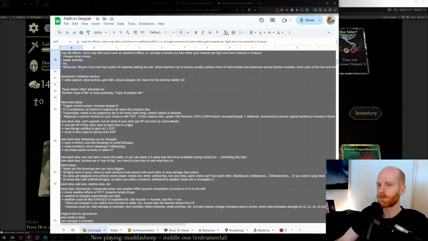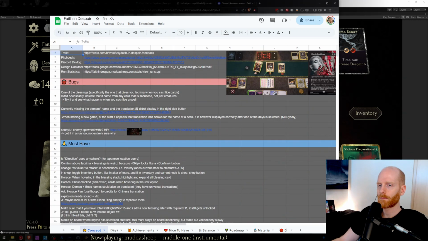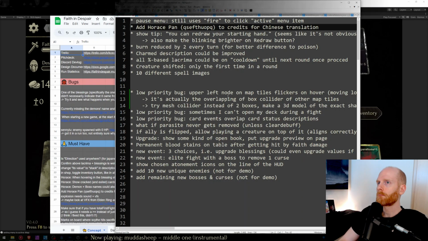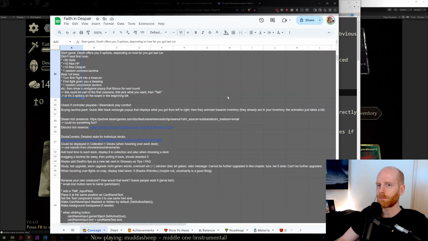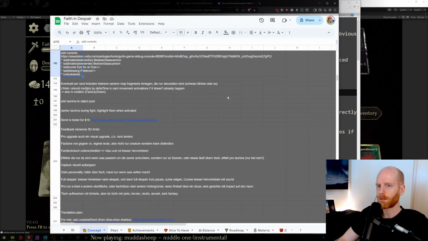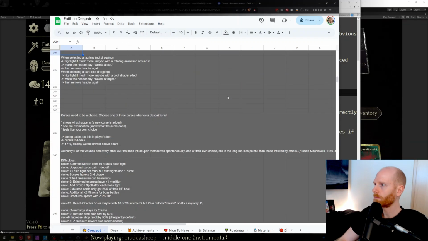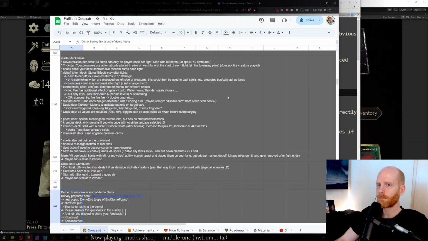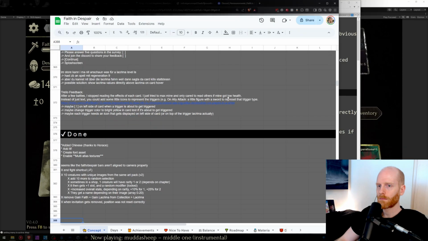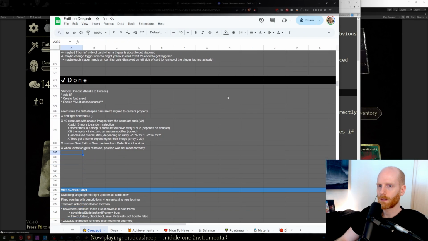Okay, yeah, we can fix that too. Okay, we fix that. Fixed: colliders sometimes overlapping on map nodes,